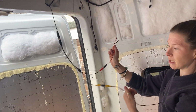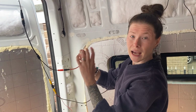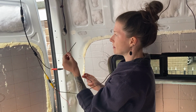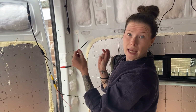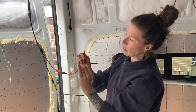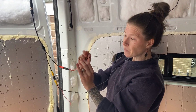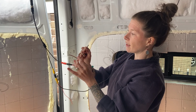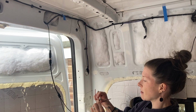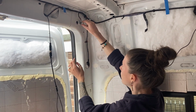This is the cable feed that is running up and along to the cab where the actual display is, and we're just going to put this into the existing electrics. So this red one is going to go into the reversing light cable, and the black one, the negative, is just going to attach onto where the earth cables are for the van. So I've just taken that off. That was bolted onto there,